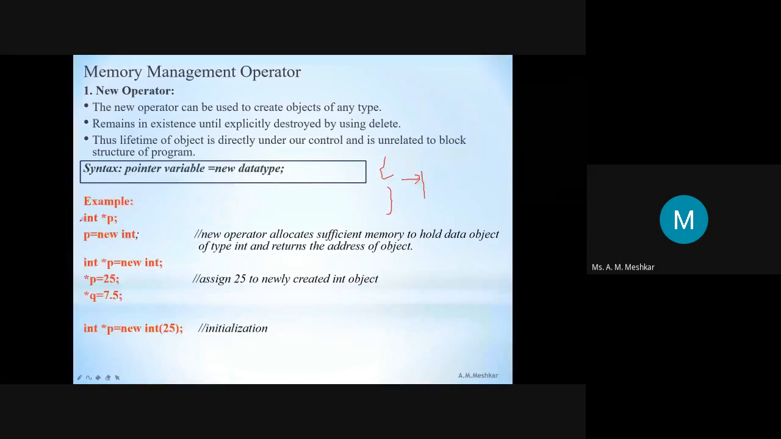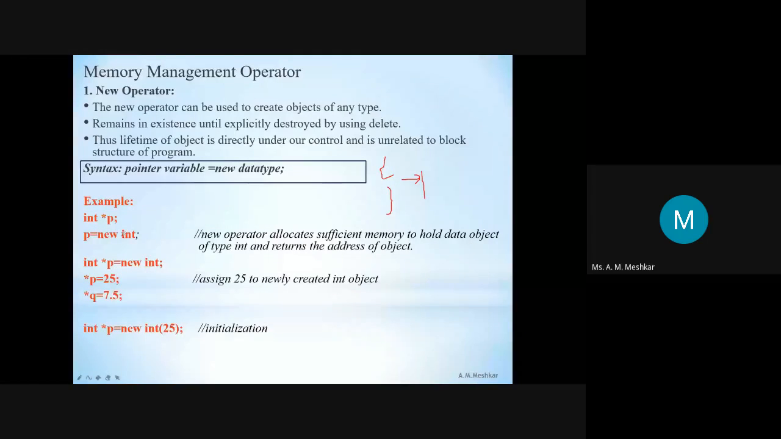p is equal to new int लिख के मैंने क्या किया, एक सफिशिएंट मेमोरी स्पेस अलोकेट कर दी to hold the data type of int, and it will return the address which is being allocated to this object।